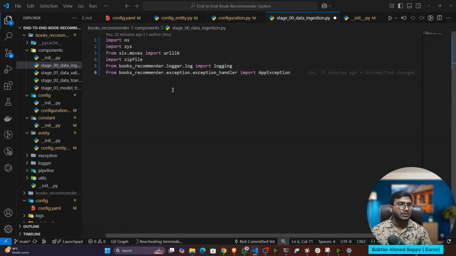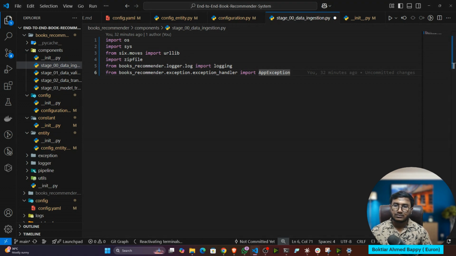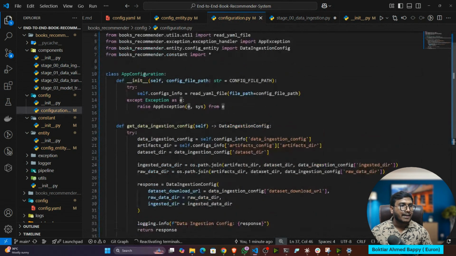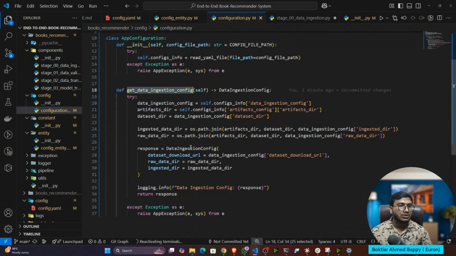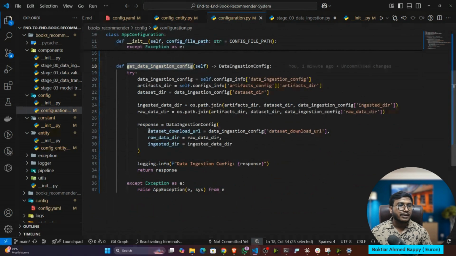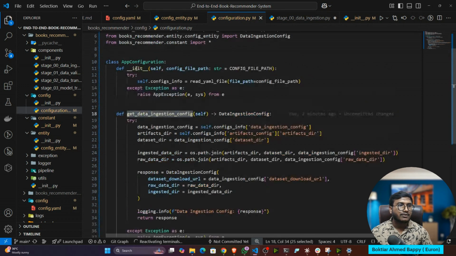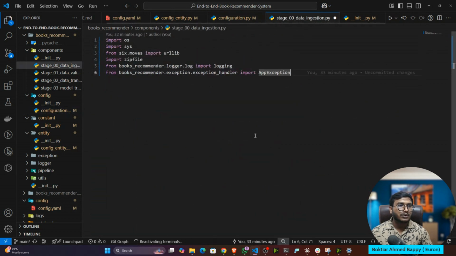Now here I have written a class called DataIngestion. Let me show you. But one thing, see in the configuration, in the app configuration, I have my data ingestion config, because if I want to get the data URL folder directory, I have to call this particular method. For this, I have to import this class. And how to import?